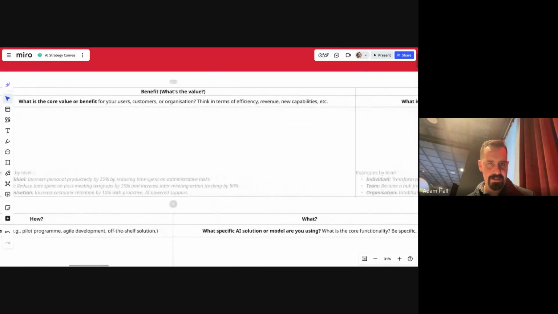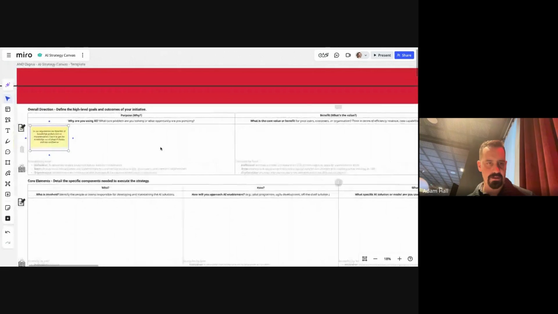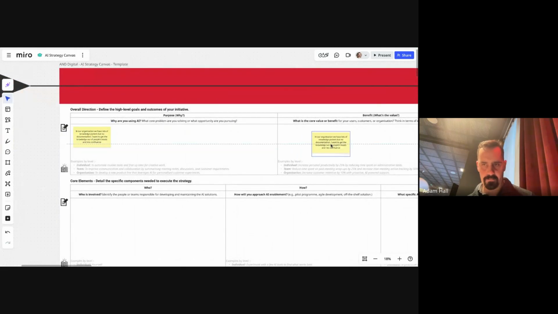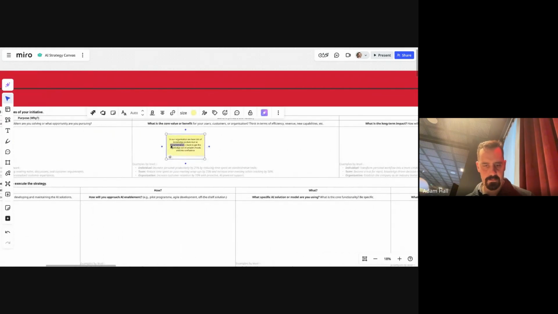What are the core values or benefits for your users or the organization? It's frustrating when we discover multiple teams working on similar initiatives because there's no centralized backlog in our dispersed organization. I can't spell dispersed, by the way.